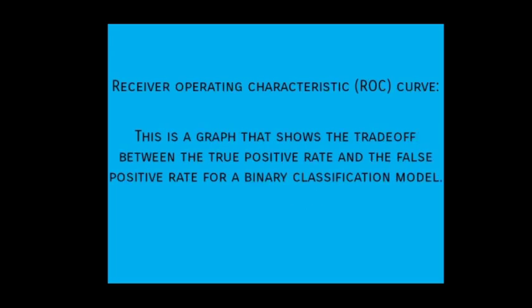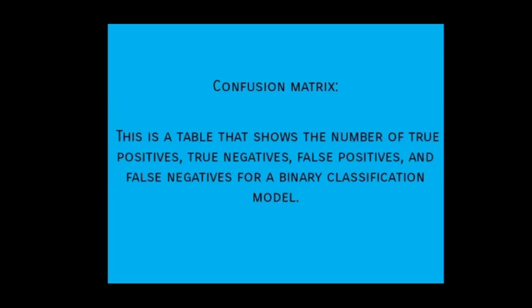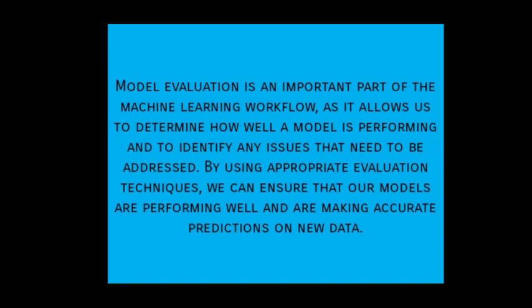Receiver operating characteristic, ROC curve. This is a graph that shows the trade-off between the true positive rate and the false positive rate for a binary classification model. Confusion matrix. This is a table that shows the number of true positives, true negatives, false positives, and false negatives for a binary classification model. Model evaluation is an important part of the machine learning workflow, as it allows us to determine